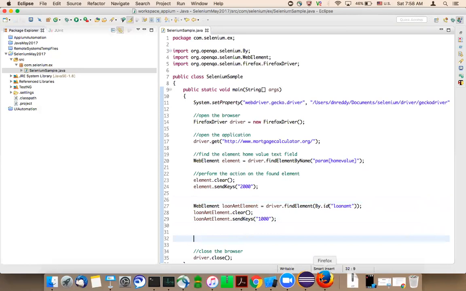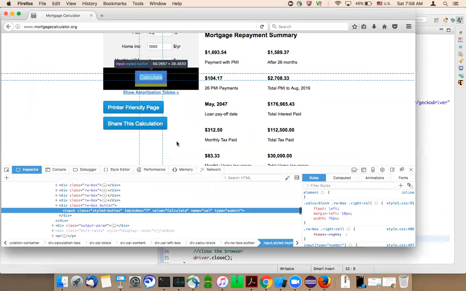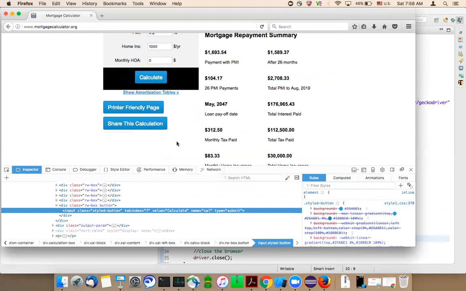The next one is the button, right? Tell me what are the locators we have for this button. Tag name, class name, and name. That's it. Anything else?